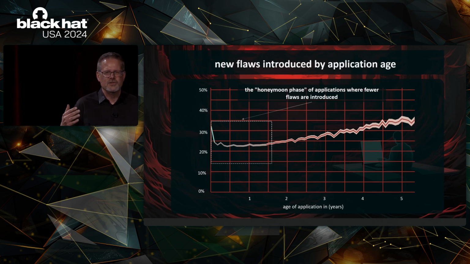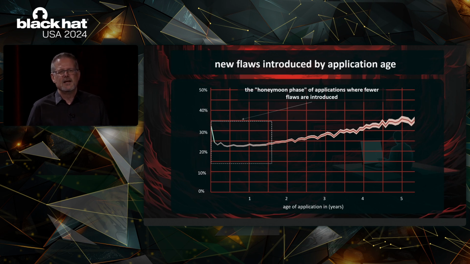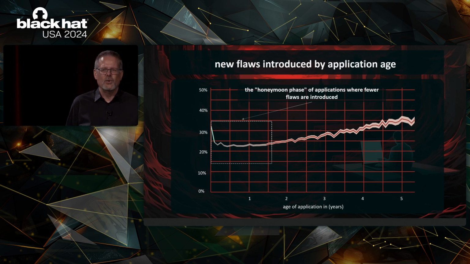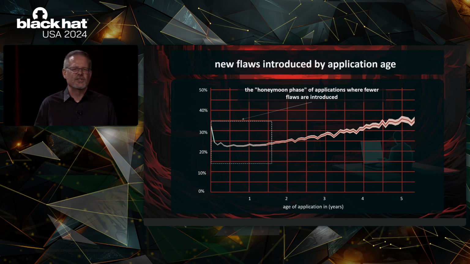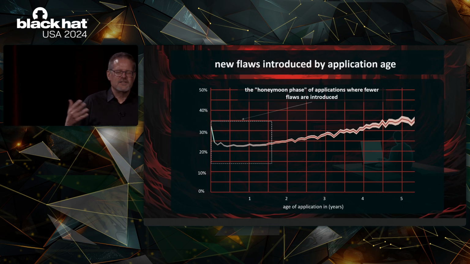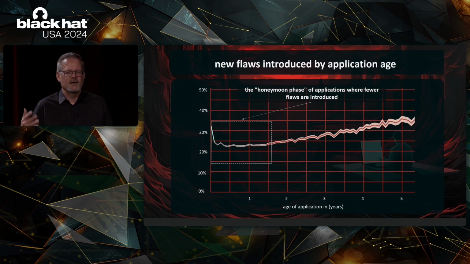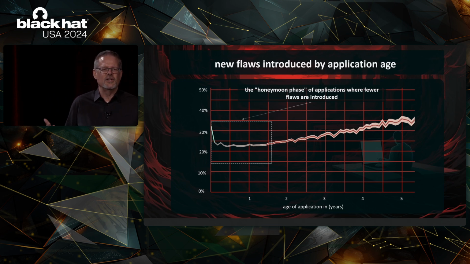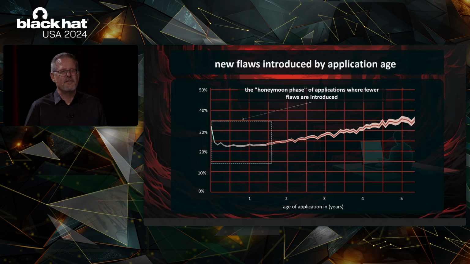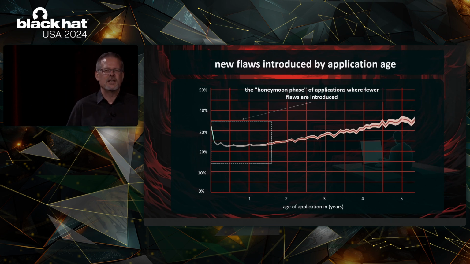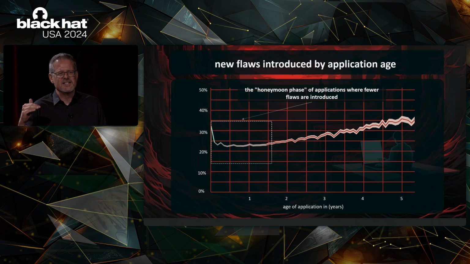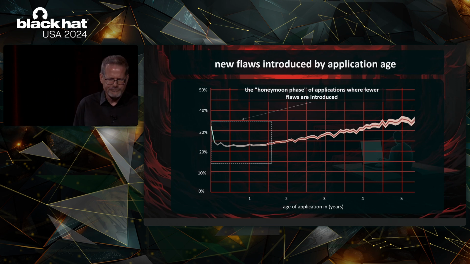And this could be due to it gets more complex. The code in there is older. Maybe it gets less understood by the team that's working on it now. Maybe the team has rotated over 5 years. Developers have left. They don't understand the old code. But this is just a fact of software. Software gets harder to maintain securely over time. It takes more and more effort to maintain that security, because every time you're making a code change, it's more likely you're introducing a new flaw into that code.